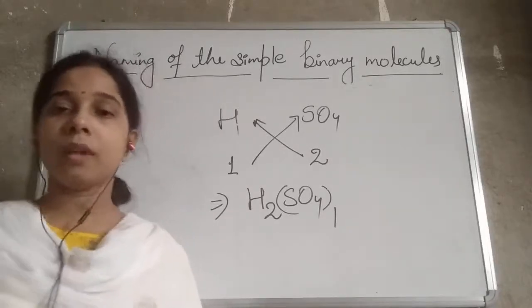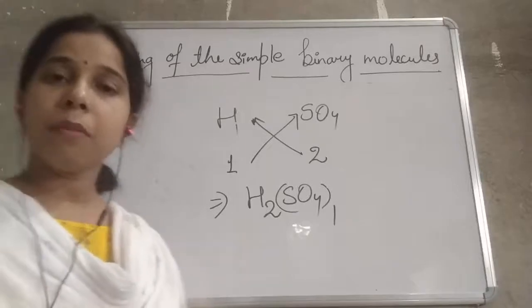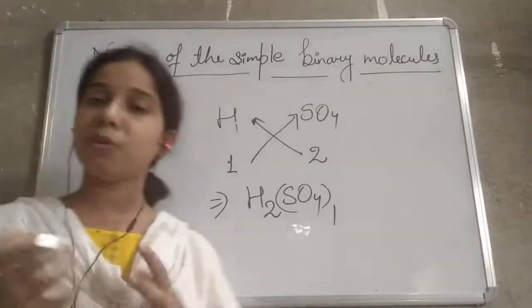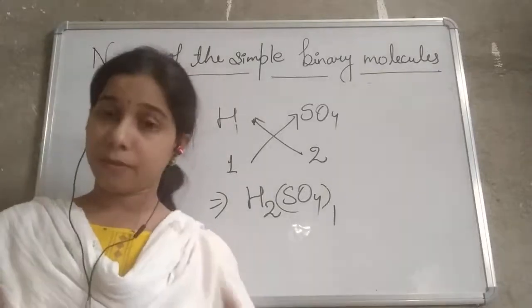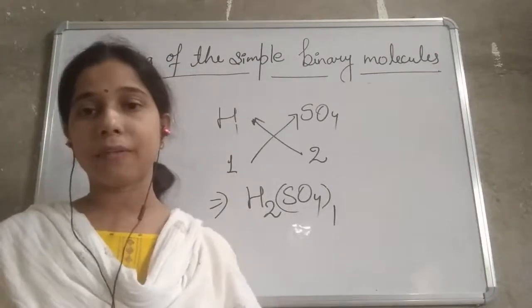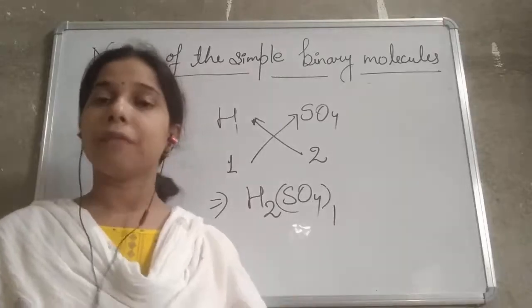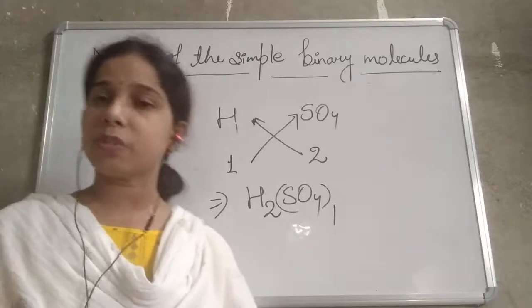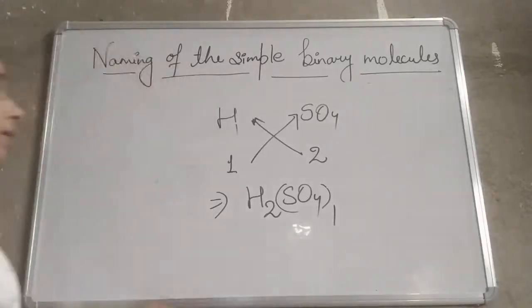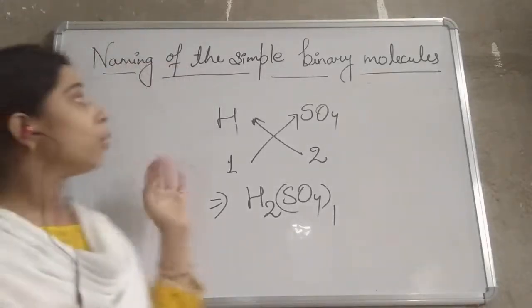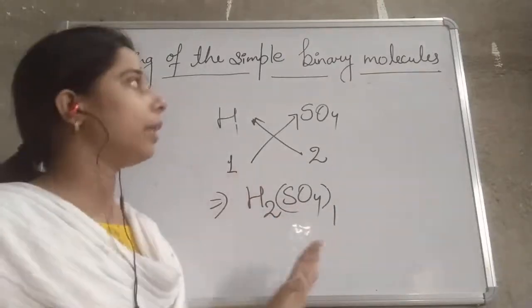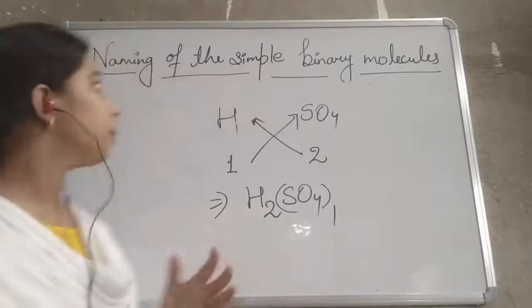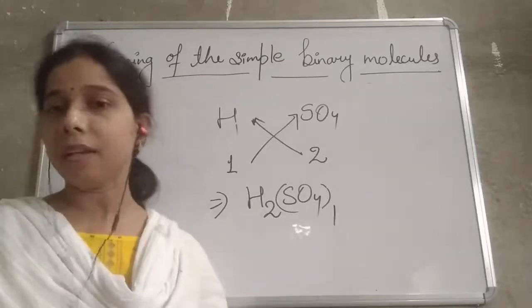Now today we will discuss how to find other chemical formulas, as well as the molecular mass. We will discuss how to name a compound with the help of valency. By finding the valency, we will give the formula. We will also understand some questions related to molecular mass. But before we go further, we should know how to give names to simple binary molecules.